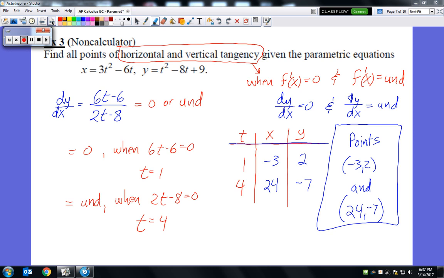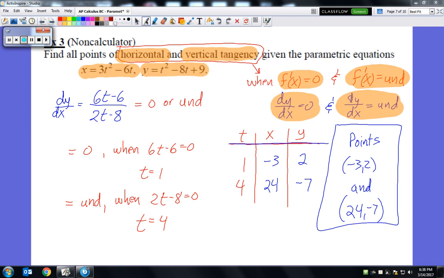This one says find all points of horizontal and vertical tangency. Okay, so where it's tangent horizontally, we know the derivative is 0. Where it's vertical tangent, we know that the derivative is undefined. Otherwise now dy dx is 0, dy dx is undefined. Nothing new. Given the parametric equations that you see here, 3t squared minus 6t and t squared minus 8t plus 9. Per the definition of the derivative that we just found with parametrics, it would be the derivative of the y,